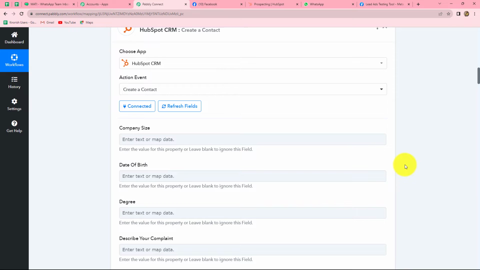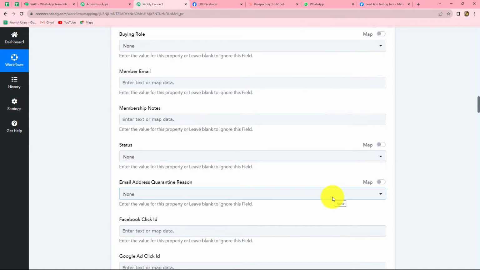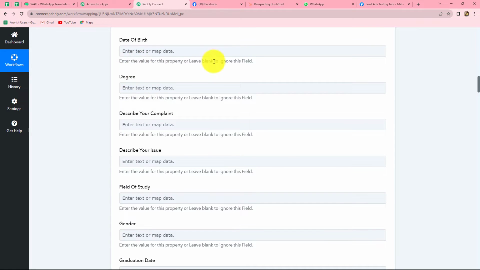So you also have to keep in mind to always stay logged in to your applications before making a connection with Pabbly Connect, as it makes the connection simple and easier. So after building the successful connection with HubSpot CRM, let's move on. And here we have to enter the details of our lead in order to create a new contact in HubSpot CRM. So some of the details are not mandatory over here, and because I have not received all the details